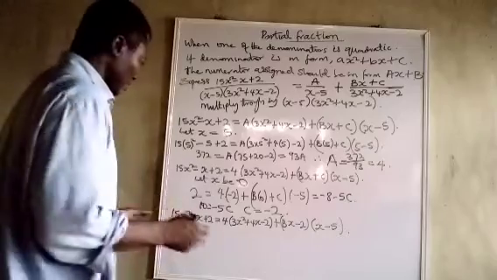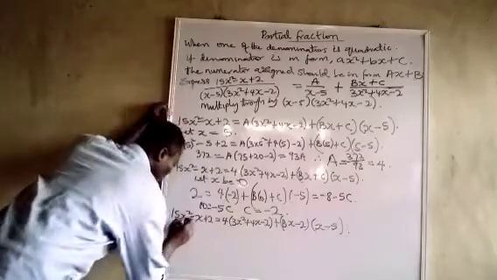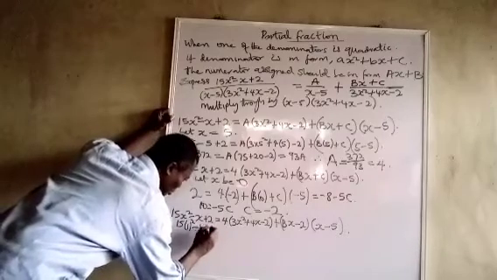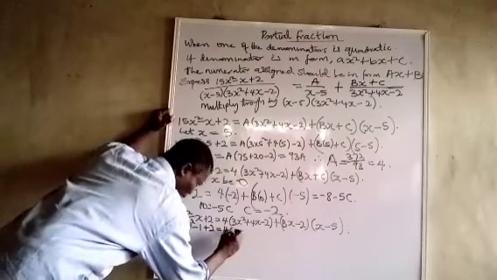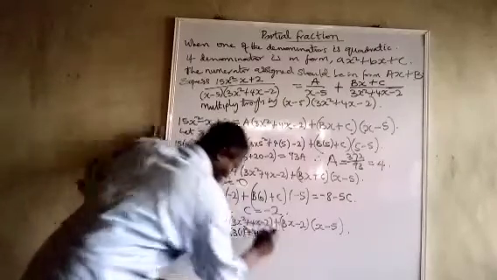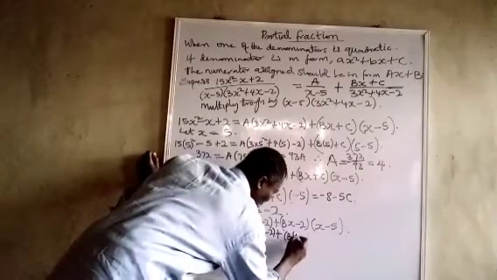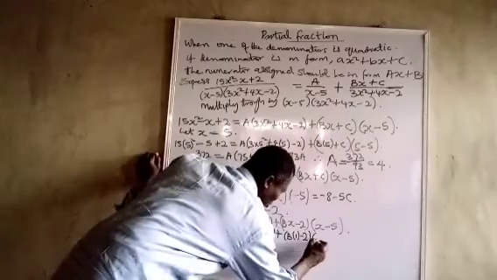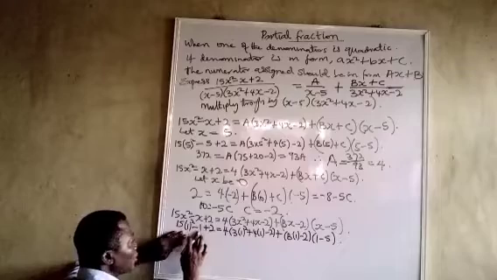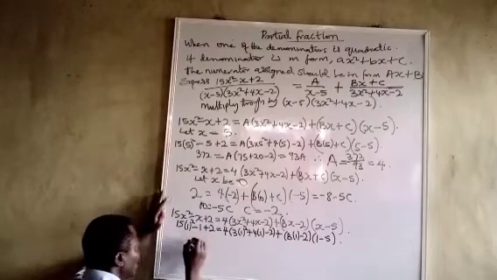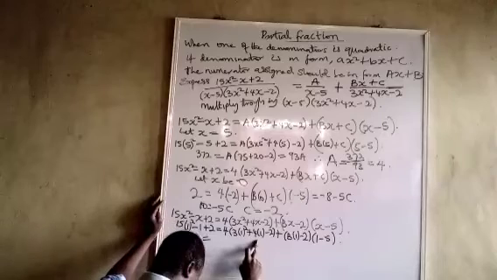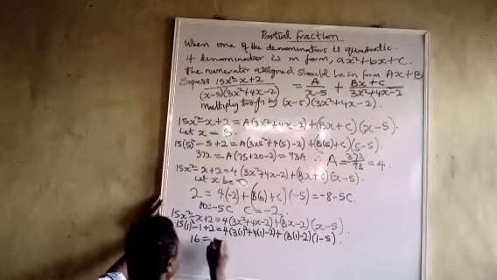But for ease, let me use x = 1. So if I use 1, I'm going to have 15 times 1 squared minus 1 plus 2 equal to 4 into (3 into 1 squared plus 4 into 1 minus 2) plus (b into 1 minus 2) into (1 minus 5). Now, let me see what it will give. This is 15 minus 1, that is 14, plus 2, that's 16. So 4 into, let's see, 3 plus 4 is 7, minus 2 is 5. So 4 times 5 is 20,